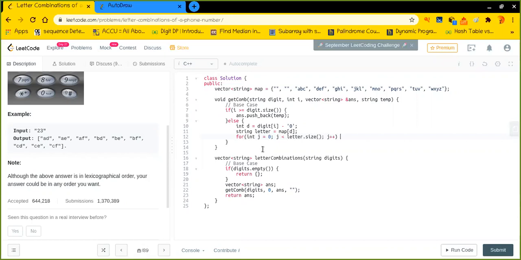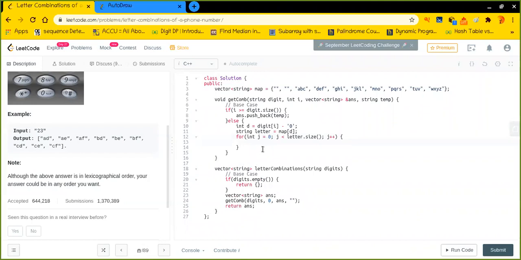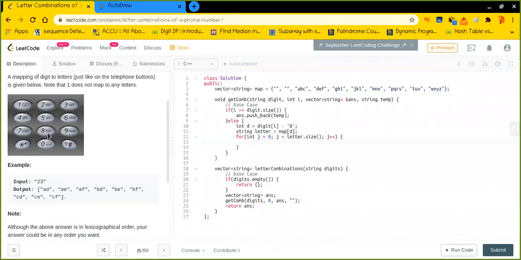For example, the letters are, let us say, TUV, and for T, I have to again try to propagate the next possible letters for the next digit, because in each step the I is moving forward to the next digit. So I will be moving forward with the answer and the temporary string. This is very important, just focus at this particular point.